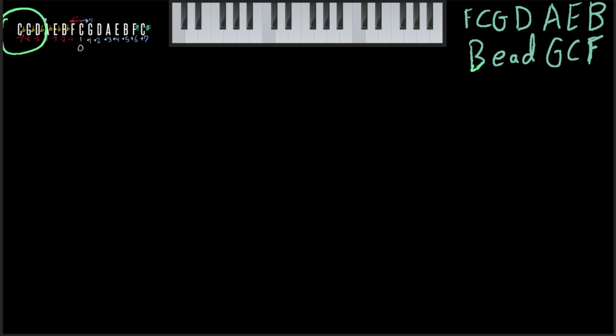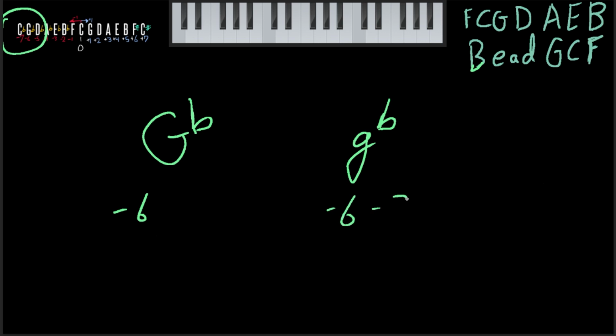So what happens when we get over -7, aka these 3 letters here? Let's go ahead and do one of them. For example, let's say G flat. G flat major has -6. G flat minor, well, we've got to figure it out, right? -6 minus 3 equals -9. Okay, we only have 7 keys that we use in the scale, so what is going on?